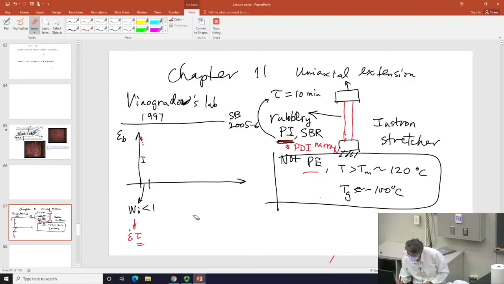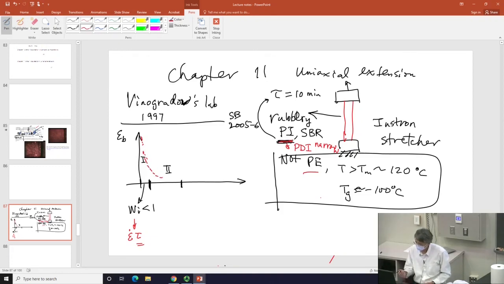And then there will be regions that are above Wi equals 1. So there will be a region, let's call it region 2, where you find that the sample,